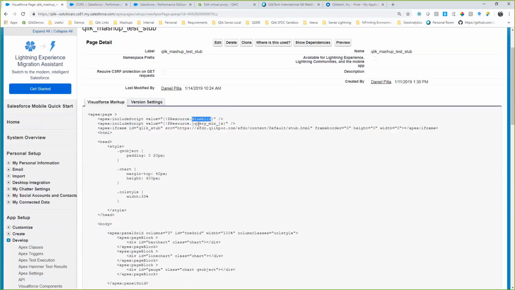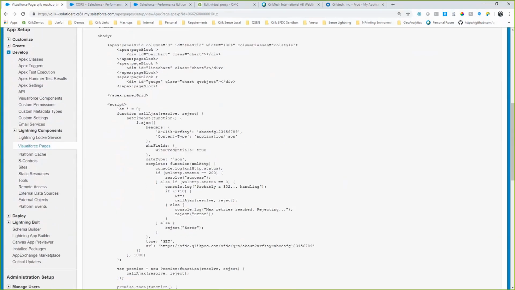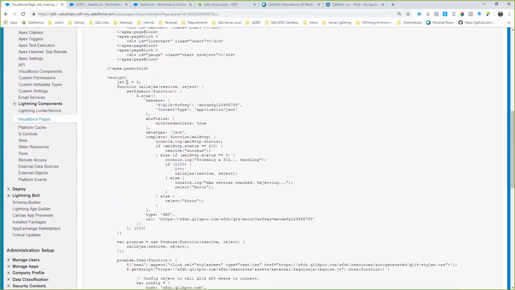At the top, I'm loading Bluebird and I'm loading jQuery. I've also added what I'm referring to as a stub page in the Qlik content library. This is stub.html. It's literally a blank HTML file, so empty body. What this does is it triggers the authentication request over the SFDC virtual proxy. So this kicks off the initial authentication request, and while that's happening in the background, I essentially have some script